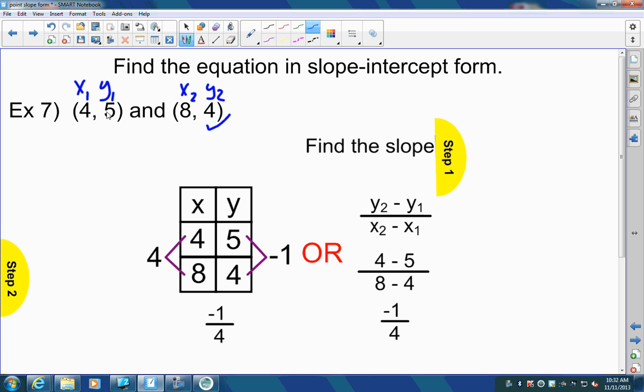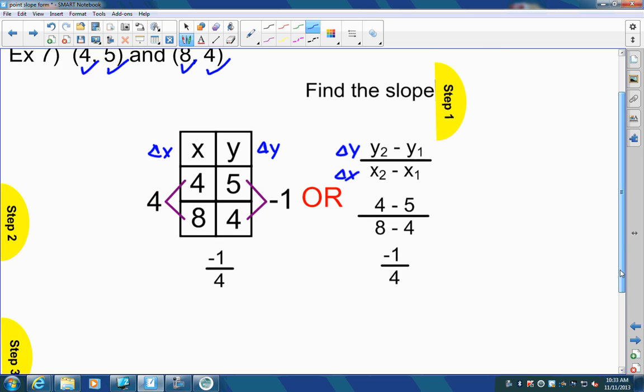So I've got 4 minus 5, so that gives you negative 1. Then x2 minus x1, which gives me 8 minus 4, which is 4, which is the same as what you're doing here. Because see, this is your delta y, the change in y, over your change in x. Delta y over delta x. So once you find your slope,